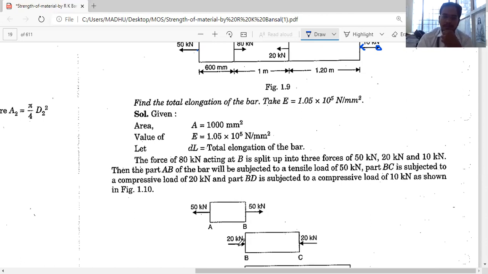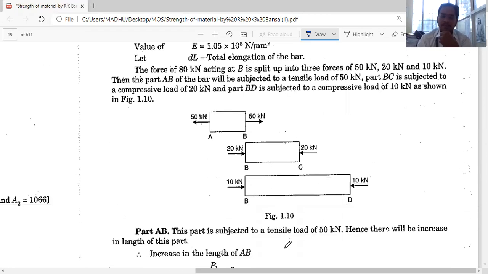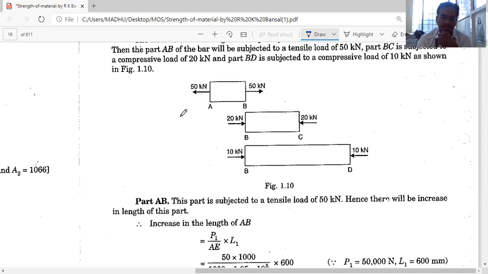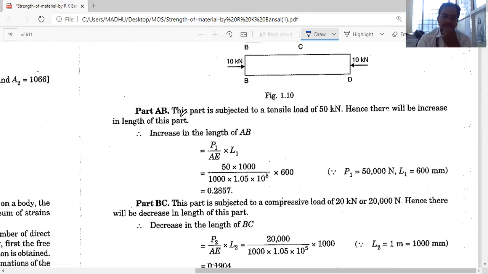Next, we are left with 30. Out of 30, we got 20, 20 to the right side and 20 to the left. So we get 20 compression, and we are left with 10 more. So 10 to the right and 10 to the left. Here, this is again compressing. It is towards the material, so it is compression. So once we divide the parts like this, we should go for the calculation part. That is stresses. We can find out what type of stresses it is, and strains.